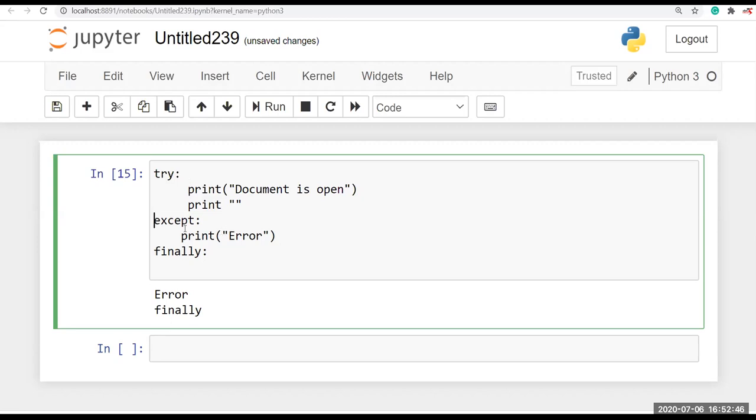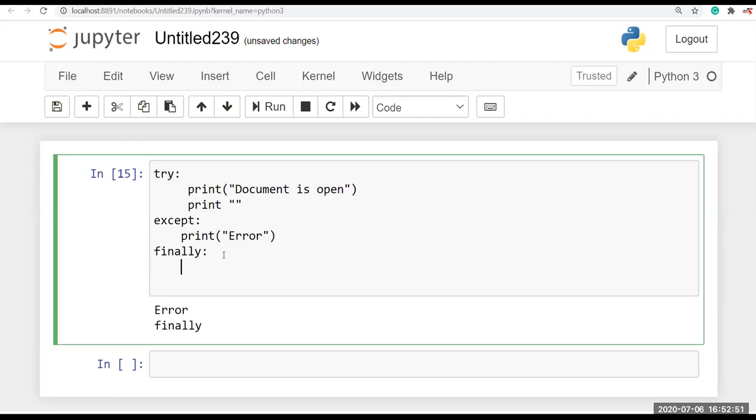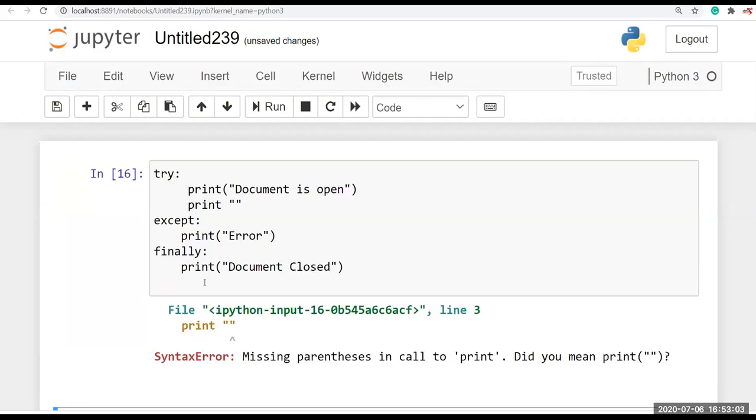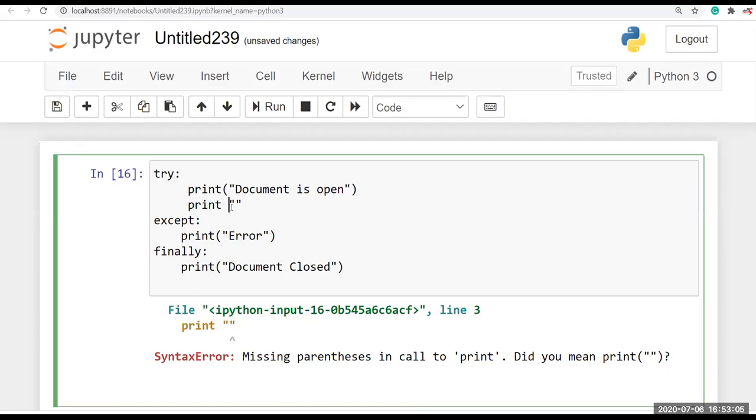After that, here I give a print error. Here I just print document close. So I'm going to run this. Here we make result equal to 10 plus 10.